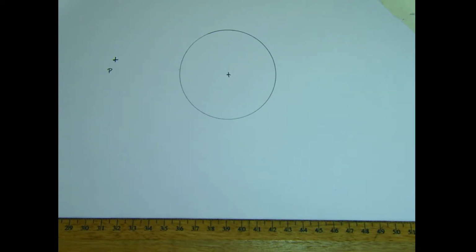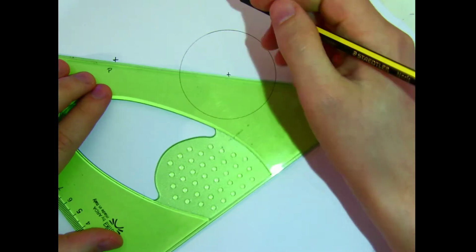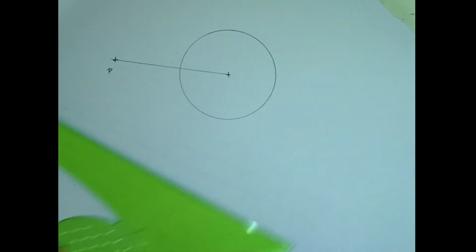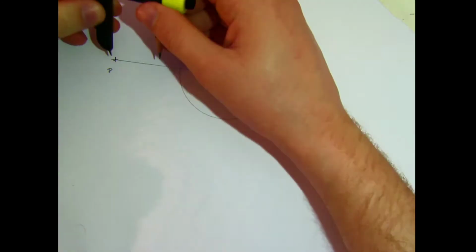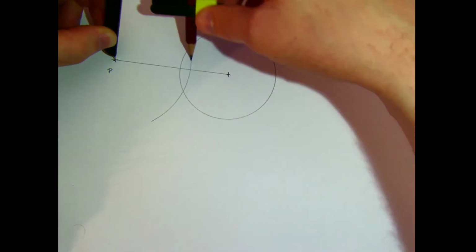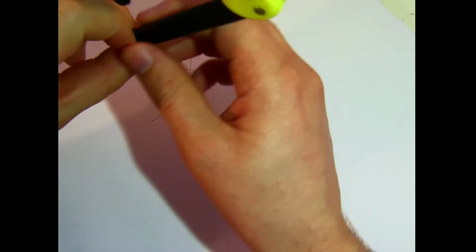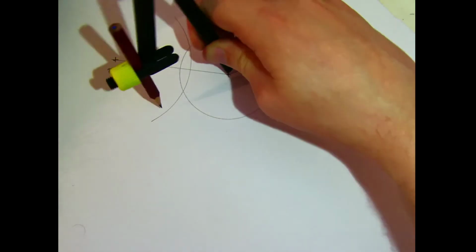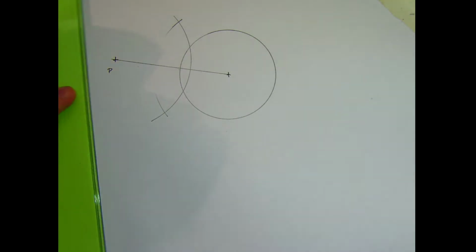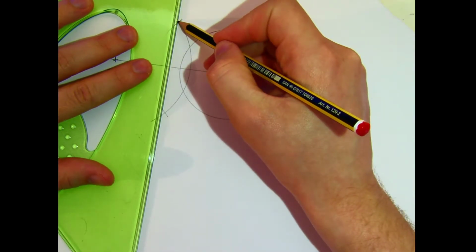The first step is I'm going to join point P to the center of the circle. So point P to the center of the circle. After this, I'm going to bisect the line that I've just drawn. So from point P, point my compass, extend it over halfway along the length of the line and swing an arc. I'm going to do the same thing now from the center of the circle, swinging another arc. That arc must be the same size as the first arc that I've drawn. I'm going to join my 2 points,